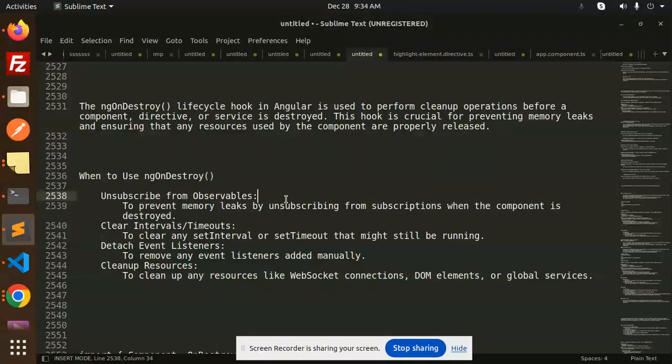Let's get started. The ngOnDestroy lifecycle hook in Angular is used to perform cleanup operations before a component, directive, or service is destroyed. This hook is crucial for preventing memory leaks and ensuring that any resources used by the component are properly released. When to use ngOnDestroy: unsubscribe from observables to prevent memory leaks by unsubscribing from the subscriptions